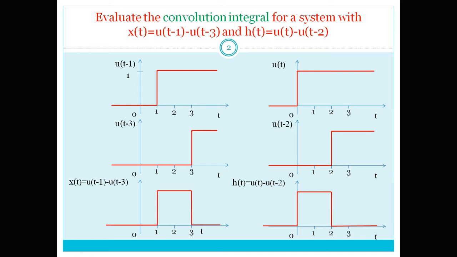That's all. So these are the signals x of t and h of t. One is the signal and the second one is the impulse response of the system. Now let's move on to convolution. Convolution means we have the formula y of t is equal to x of t convolution h of t. The convolution of x of t and h of t will give us the output of the system, and that will be equal to the integral from minus infinity to infinity x of tau h of